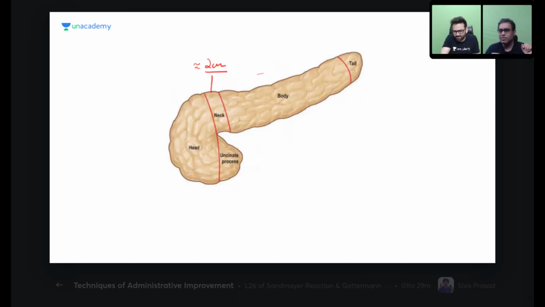So we would see the external features of the pancreas over here, around 15 centimeters. So keep your creative imagination on. That scale was 15 centimeters. So this much is your pancreas. Okay, parts you can see in the figure: head, neck, body, tail. The lower part of the head and the uncinate process come from the ventral pancreatic bud. The upper part of the head, neck, body, and tail come from the dorsal pancreatic bud.